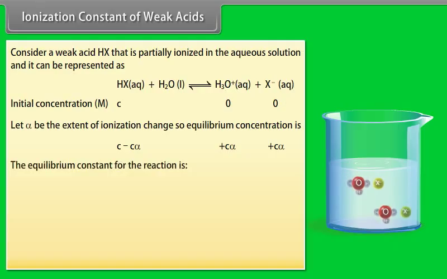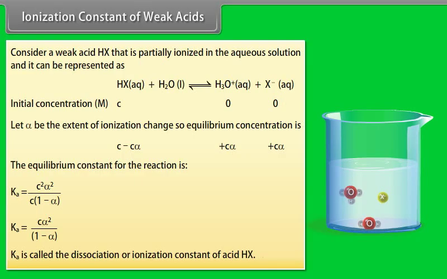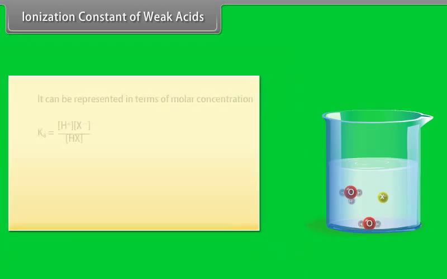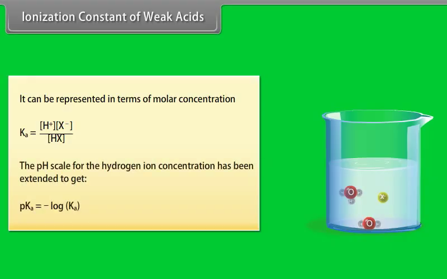The equilibrium constant for the reaction is Ka equals C squared alpha squared by C into 1 minus alpha. So Ka equals C alpha squared by 1 minus alpha. Ka is called the dissociation or ionization constant of acid HX. It can be represented in terms of molar concentration. The pH scale for the hydrogen ion concentration has been extended to get